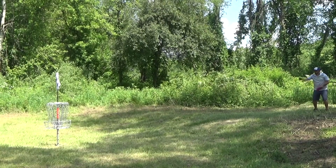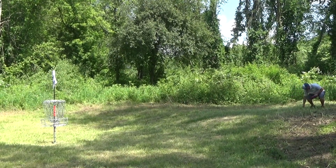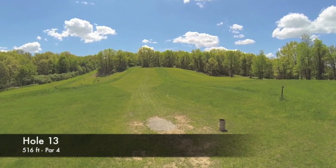And Timothy tapped out as everyone was getting out of Elijah's way while he was going to go putt, and he nails this putt from, that was about circle's edge. That was a great putt from Elijah there. And then on to hole 13,